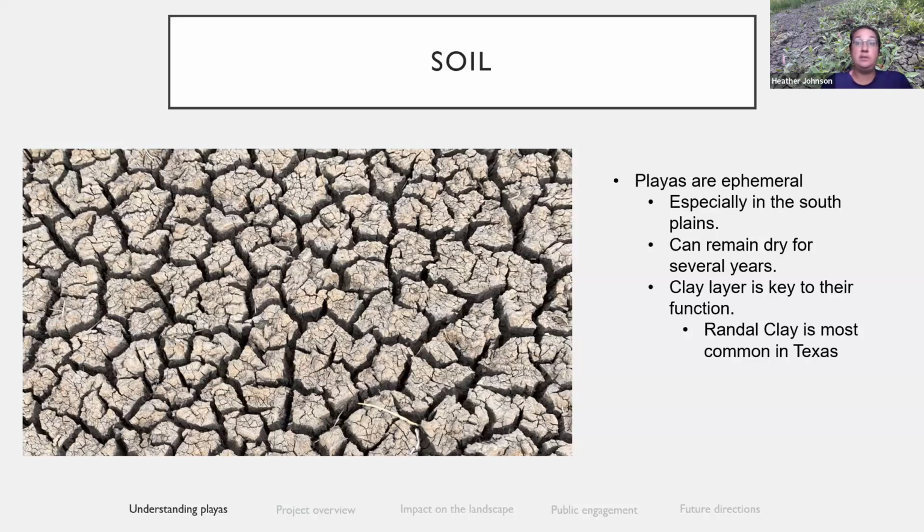It also depends what's underneath it and how quickly that water infiltrates through the ground, or if it's really hot, we have very fast rates of evaporation. Randall clay is the most common in the Panhandle and our playas. There are a couple of other clay types, but Randall clay is the most common. And obviously that left picture is a nice clay layer with those big cracks in it.